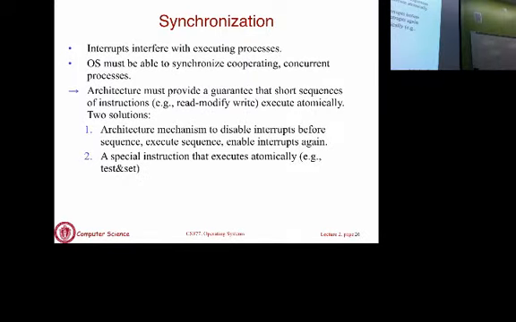When we talk about synchronization, concurrency and threading, you'll see that you will also need underlying hardware support. First let me define what synchronization means. Whenever you have processes or threads executing concurrently that want to coordinate certain tasks, you need the ability to synchronize them, to coordinate how they do something together. That coordination is referred to as synchronization. The OS provides some support to synchronize cooperating or concurrent processes, and it relies on underlying hardware support to implement synchronization correctly.